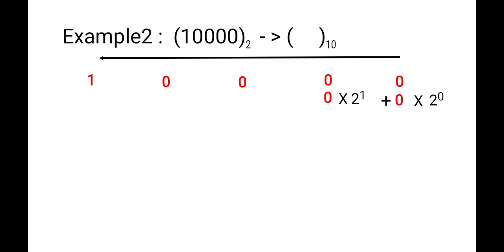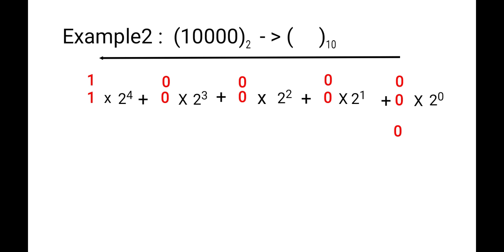0 plus 1, 1. See, this time the power will increase. 1 plus 1, 2. Put the plus sign, note down the binary digit again, multiply by 2's power 3. 2 plus 1, 3. Put the plus sign, note down the binary digit, it will multiply by 2's power 3 plus 1, 4. We will further calculate it.